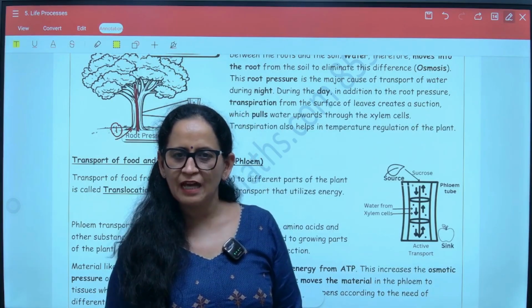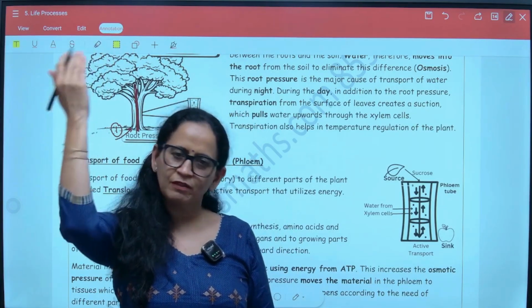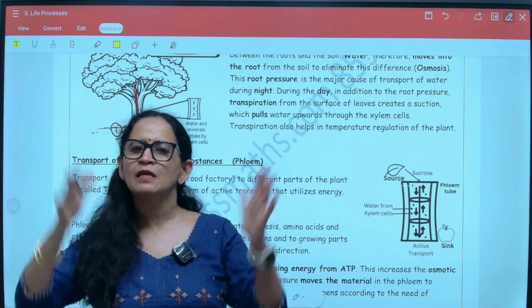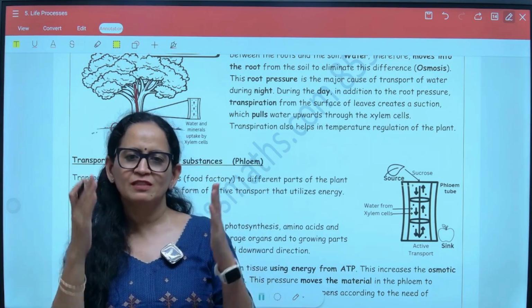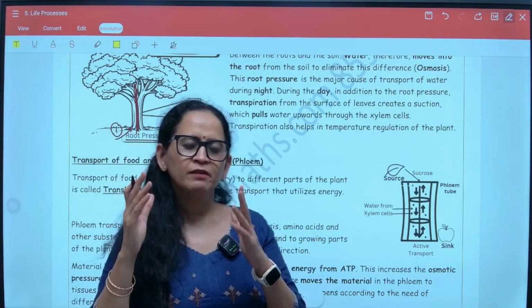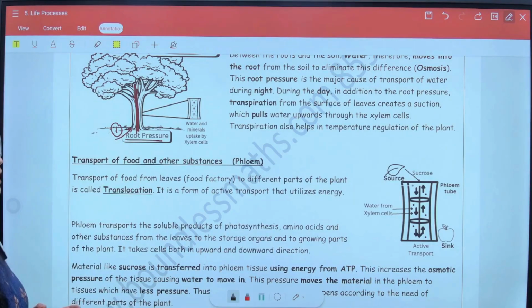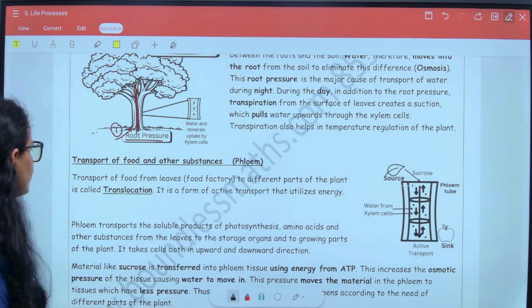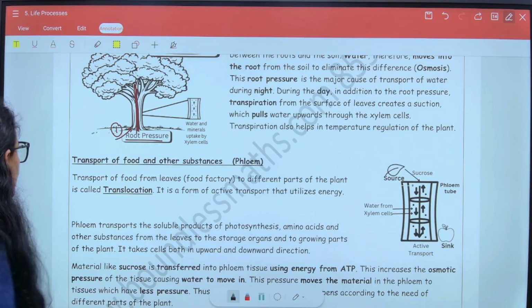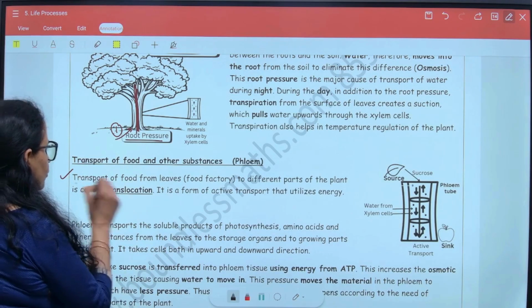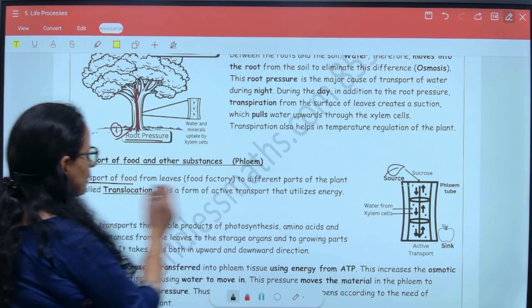So it is xylem in the center that takes water and minerals upwards, and the phloem is towards the outer periphery of the stem, of the cortex, where the food particles are transported, or the food prepared by the plant is transported and stored in various parts of the plant. So the process of transport of food from leaves to different parts of the plant is called